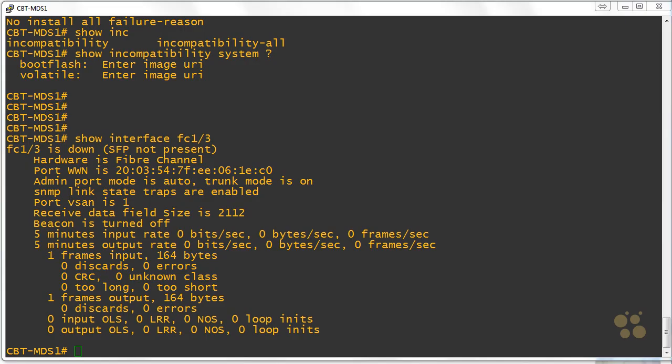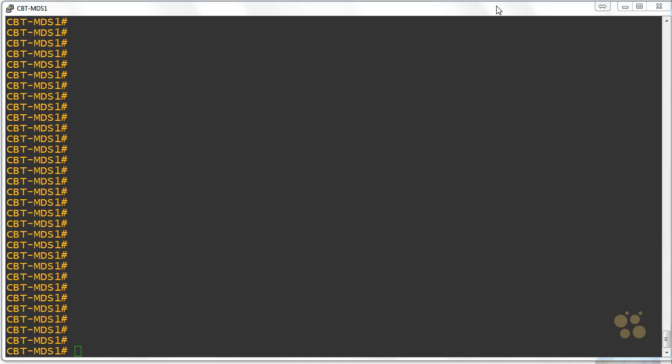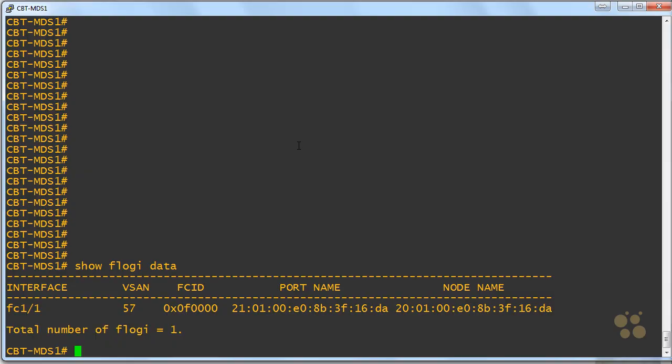The interface is operating in trunking expansion port or TE mode when a port operational state is trunking. If ports are online, remember we're going to use the show flogi database command in order to verify that the fiber channel ports for the host and storage have indeed performed a fabric login and are communicating with their respective switches. If you don't see the ports in the show flogi output, use the debug flogi event interface command to